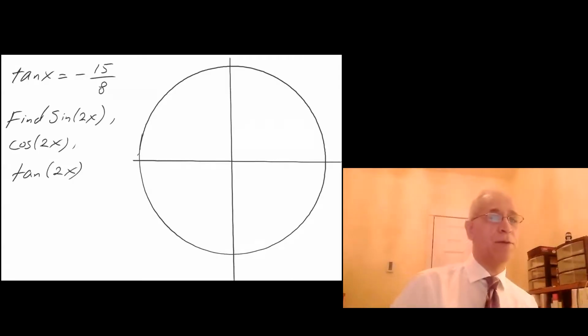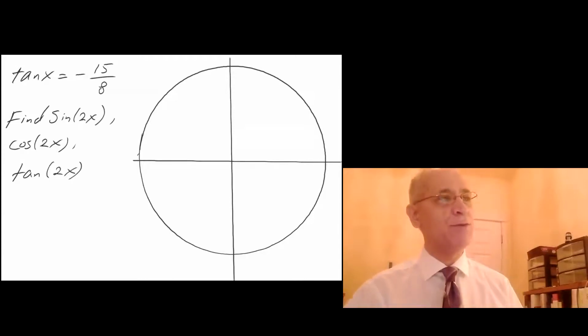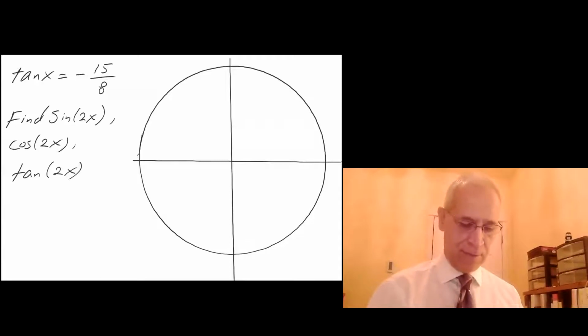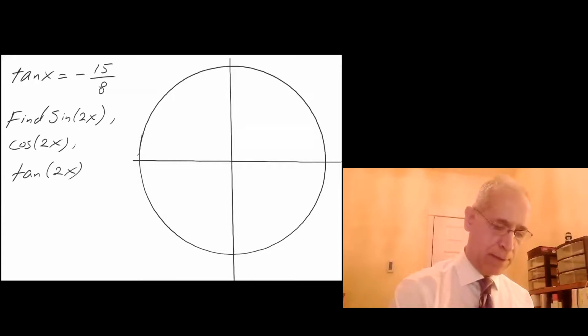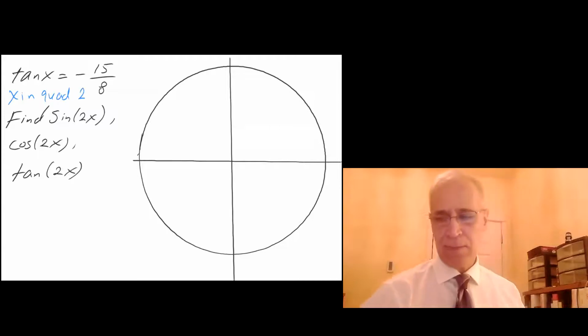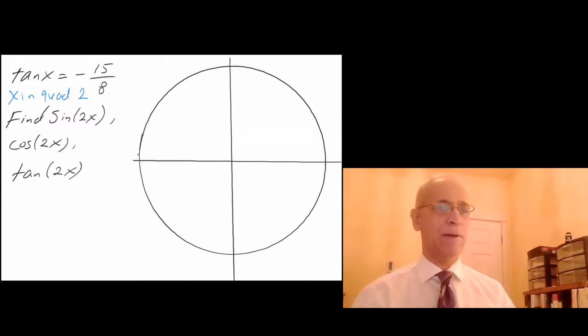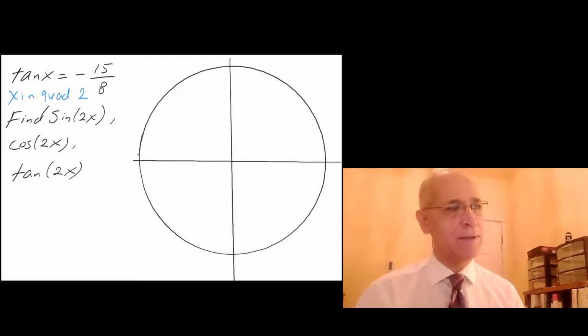Hello, Math 142. This problem was emailed to me. We have tangent of x equals negative 15 over 8, and we are finding sine of 2x, cosine of 2x, and tangent of 2x. It's given to us that x is in quadrant 2. Okay, so the first thing I'm going to do, and I did draw a circle,